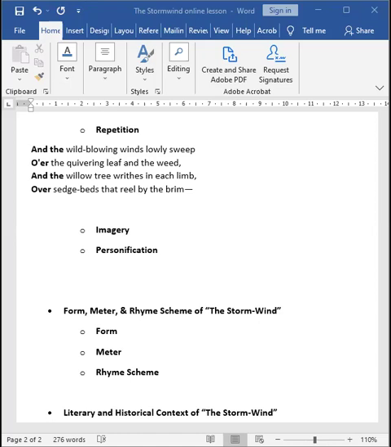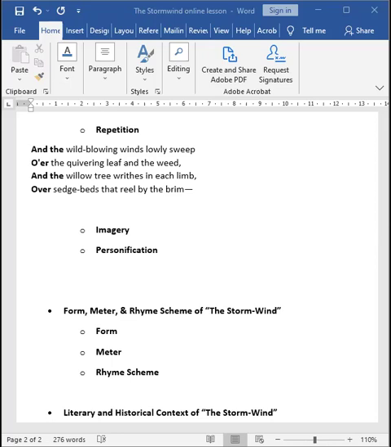And then the imagery of the final stanza is quite different, as the idea presented in the last stanza compared to the first two stanzas is completely different. The winds die away to become light swimming breezes. There is a clear juxtaposition between this calm imagery and the violent, chaotic imagery present in the previous stanzas. The next literary device would be personification. We have talked about personification previously also when we were discussing the poem.